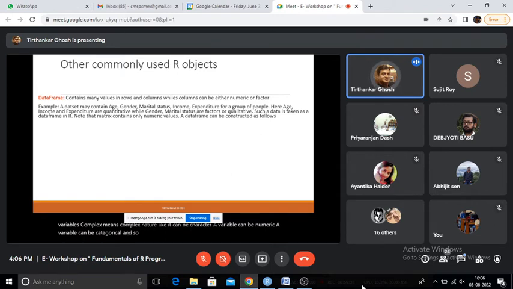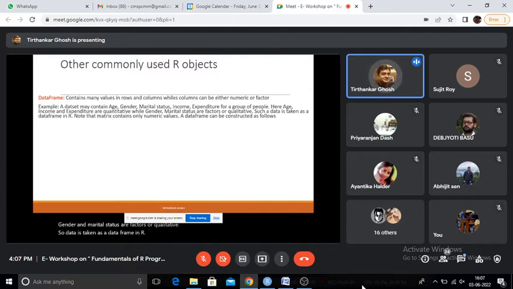But in a matrix, all the values should be numbers. So if a data set contains gender, marital status, age, income, expenditure for a group of people, here age, income and expenditure are quantitative, and gender and marital status are factors or qualitative. So such data is taken as a data frame in R.